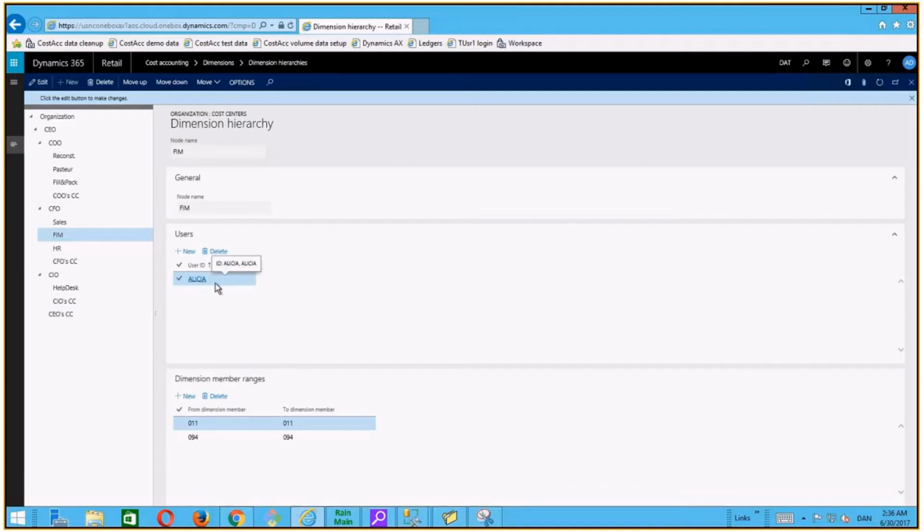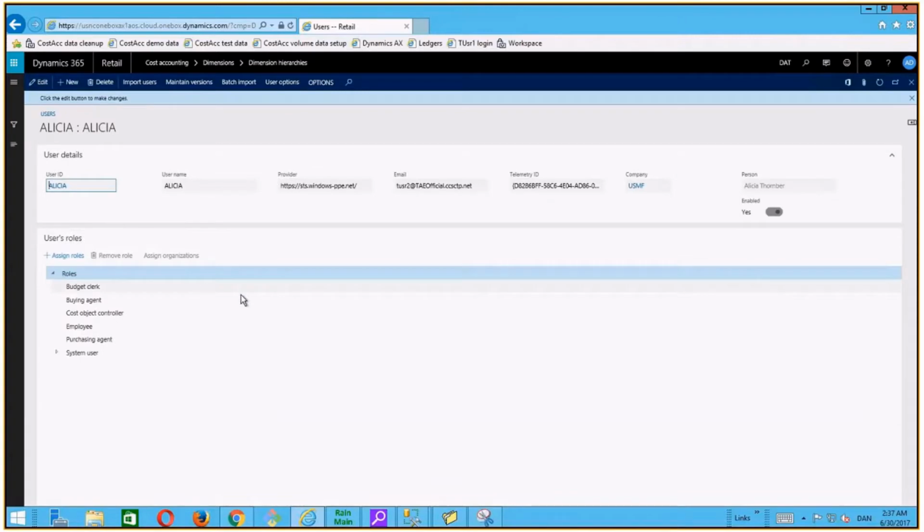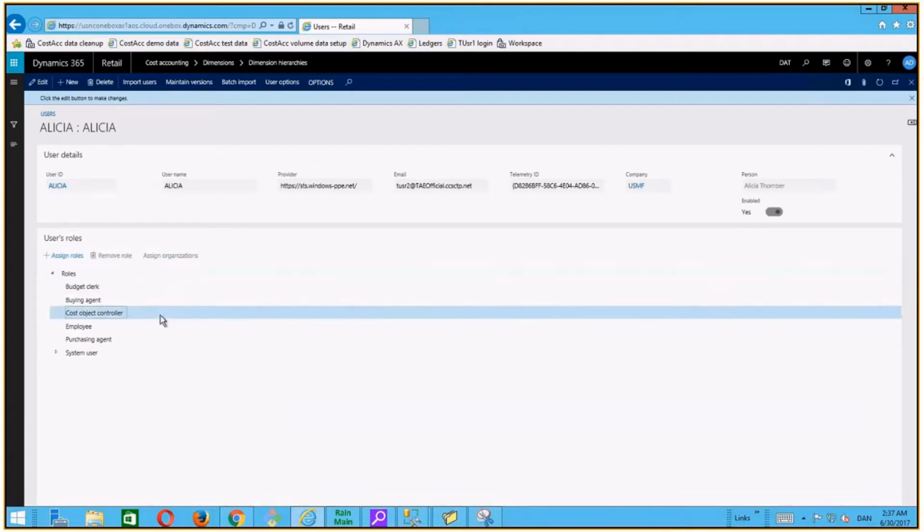So now Alicia is the owner, but I need to also give Alicia access to see the data, and I'm doing that by clicking Alicia. And we can see here that she has a role called Cost Object Controller, and that is a role that is relating to the cost accounting module, and it will give her access to the cost control workspace, both in the client and in the mobile workspace in the mobile client.